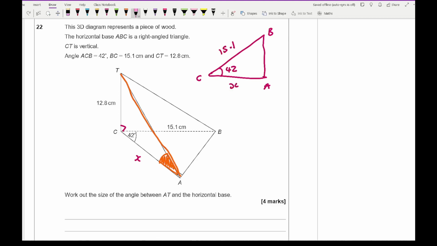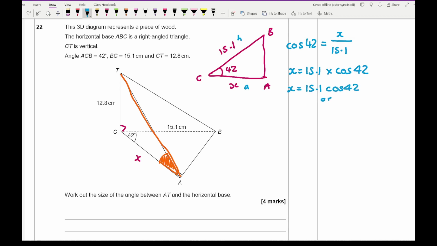So using SOHCAHTOA trig, what I've then got is this is hypotenuse, this is the adjacent, so I'm going to be using cos. So I've got cos 42 equals the adjacent, which is x, over the hypotenuse, which is 15.1. So x equals 15.1 multiplied by cos 42. Now if I type that into my calculator, I can either write 15.1 cos 42,